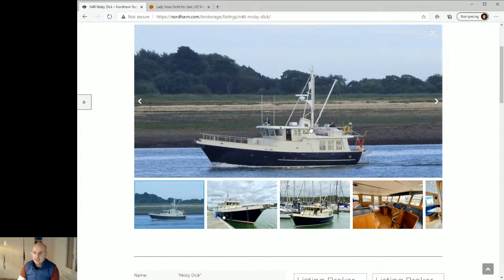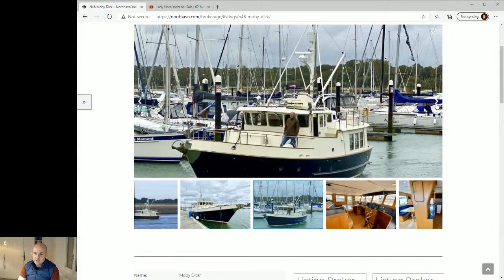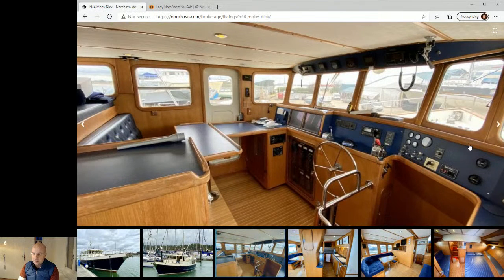The layout is, anyhow, mast with your boom to get things out, dry exhaust, and your radar's nice and high. So this looks like a pretty capable boat. They've also got the wood cap rails, stainless steel rails, which is a nice touch. It's quite a nice view here. Actually, can I make this bigger? There you go. And look at this. This is quite a